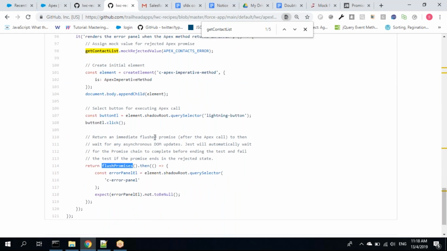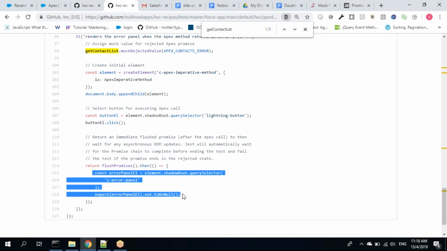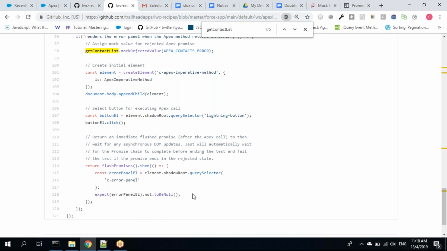So we are waiting for some time. So return an immediate flushing promise. The setImmediate statement was there after the Apex call. Then wait, because what is the reason? Because you are waiting for asynchronous job updates. Jest will automatically wait for the promise to complete. So this is all about